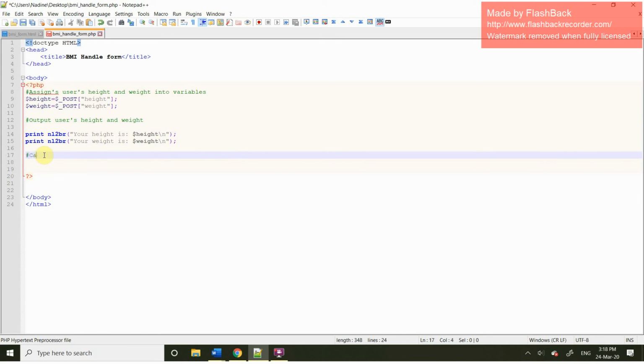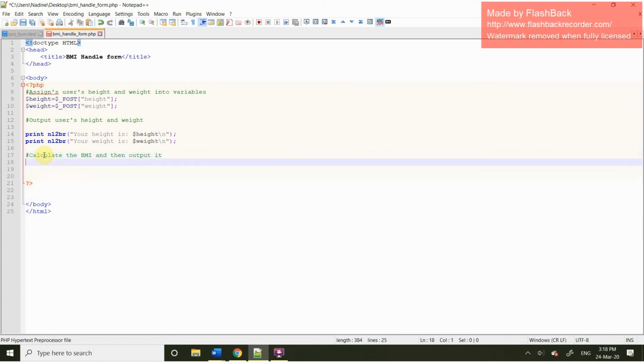And what we're going to do next is calculate the BMI. So this is a two-step process, and then output it. Okay, so we're going to create a new variable, which I think we will call BMI, and again, lowercase. And we're going to obviously do a calculation. So we're going to use BMI equals, and we're also going to use a round function here so that we don't end up with a ridiculously long number. And then